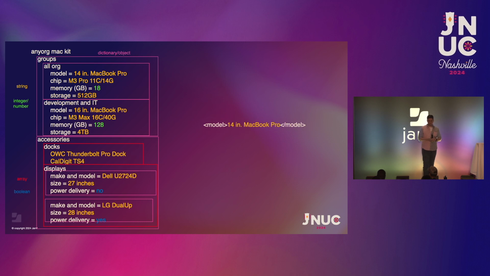So in XML, the meaning of that data would go inside of the tags and give this information a name, right? It is the model. That model is a string, denoted really by nothing other than us reading it or the program that is ingesting this or sending it out. All of the other information in there is going to generally follow that same pattern, where we take something about the meaning of the data, put it into the tag as its name, and put the data inside, hoping that the types are right.